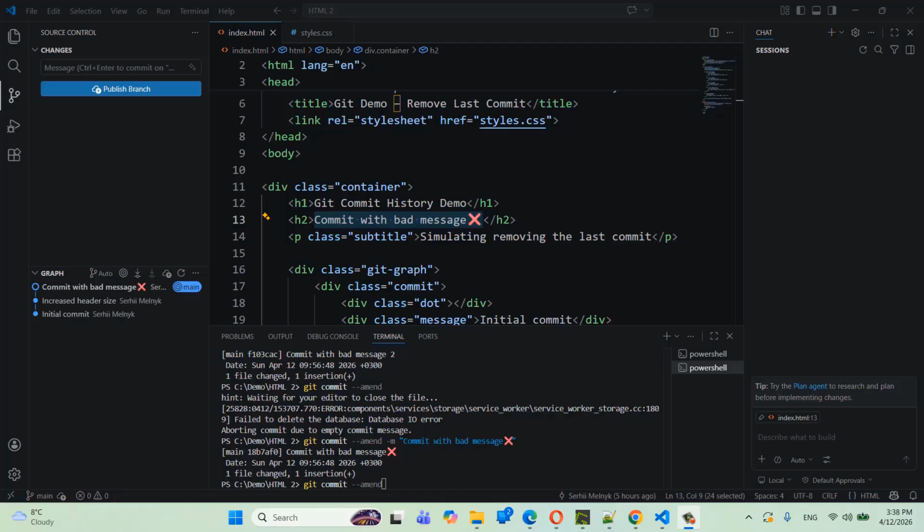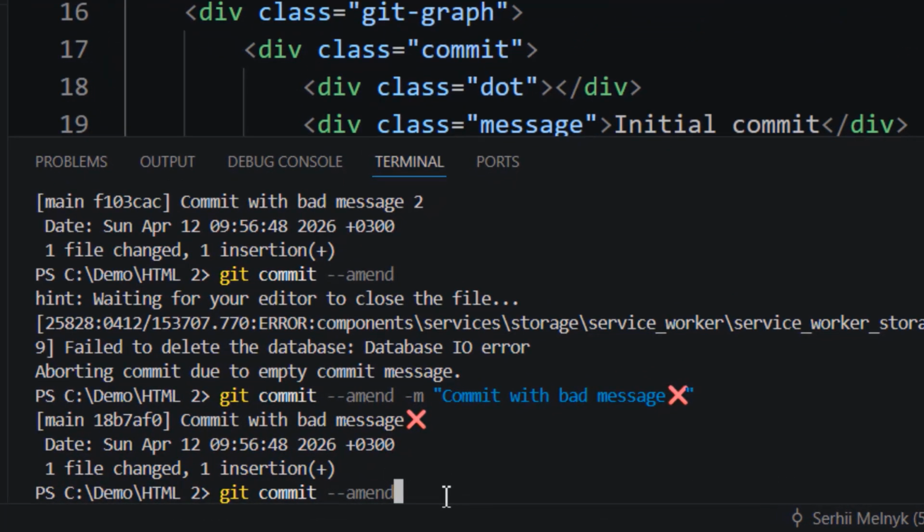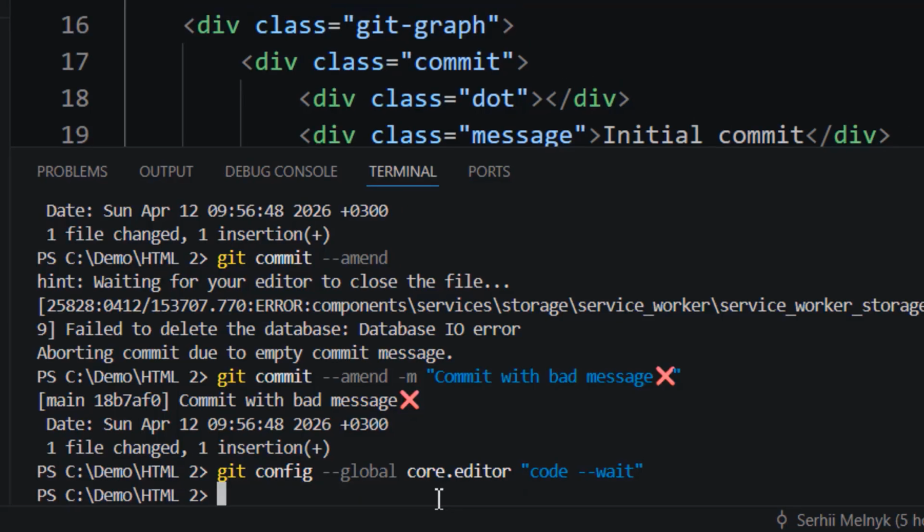Okay, let's start with the most basic method. It is git commit --amend. But before we use it, let's change the default editor for Git. I want to use Visual Studio Code as an editor for my message. Now we can run git commit --amend,